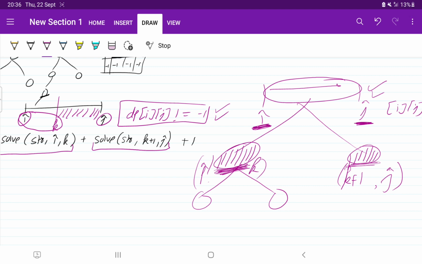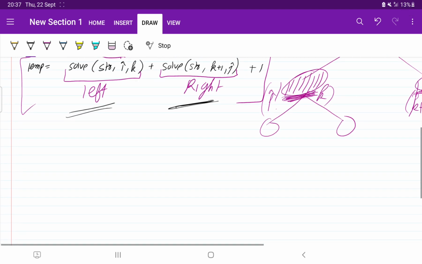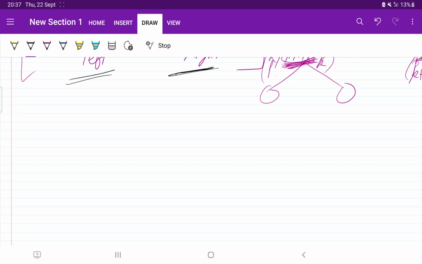If both of them are not solved, then we are going to use the general method that we were following. But before solving that, you need to check whether these two are already solved or not. So let us say this is the left section and this is the right section. Before directly jumping into this line, we will check both of the strings to see whether they are already solved or not. So we need to check these two strings further. How are we going to check this?